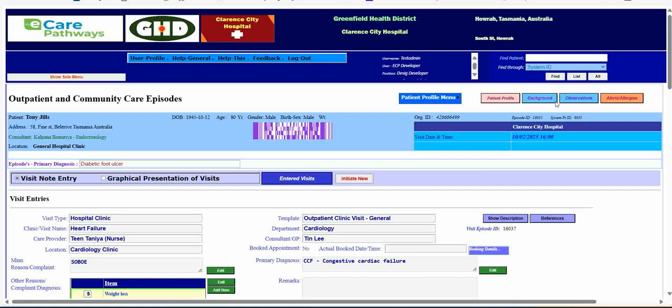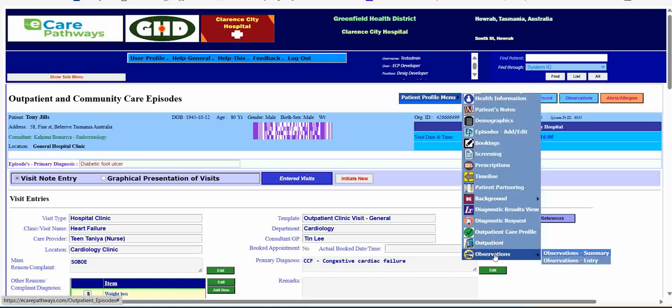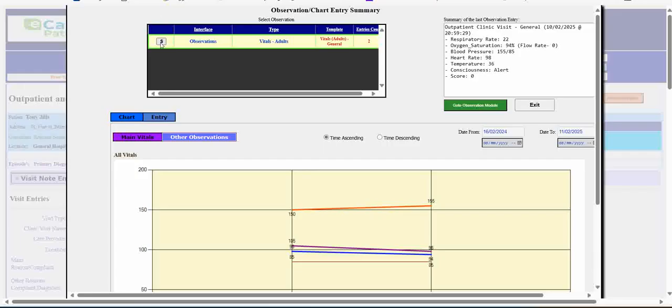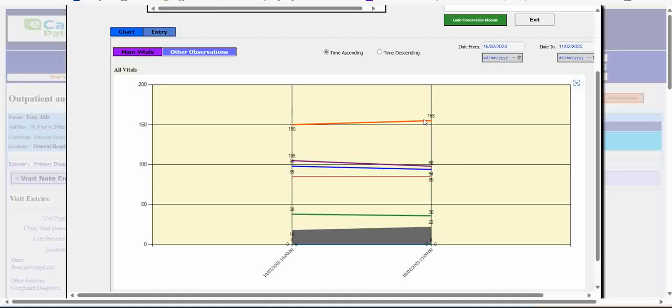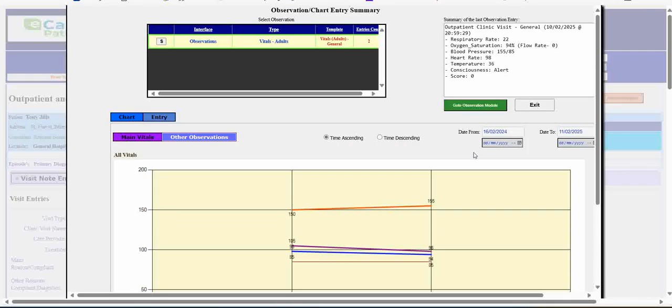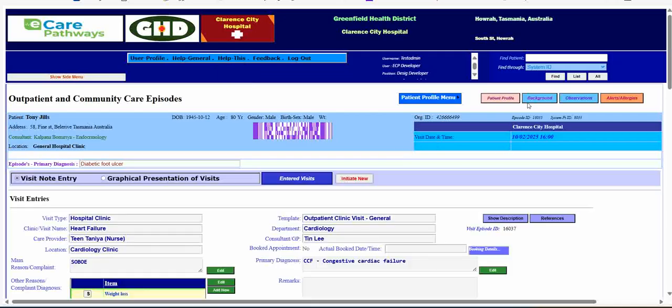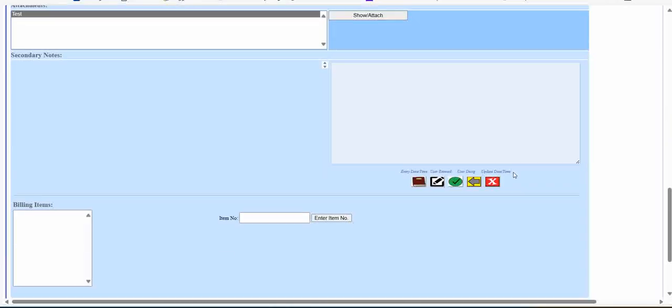So if I go here to vital summary, sorry, observation summary, if I click this, now you can see it's already there. It's getting recorded with a line chart. So yeah, that's going into the patient profile. And the other one,